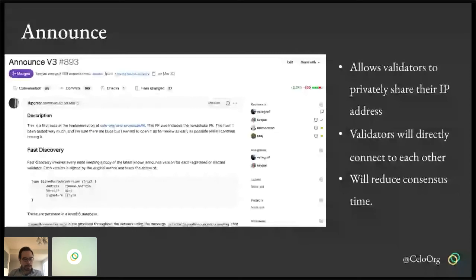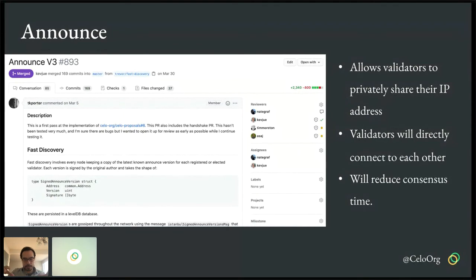So to address this low latency gossip problem, we've created the announce protocol. What this protocol does is it allows all the validators to privately communicate their IP addresses to each other. And then once the validators know all the other validators' IP addresses, they can create a direct TCP connection to each other.